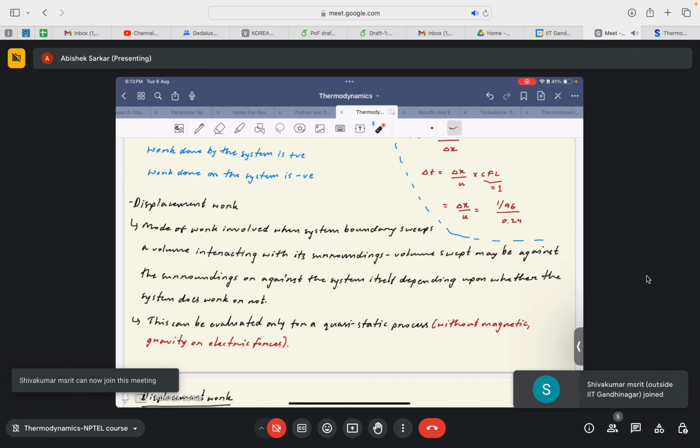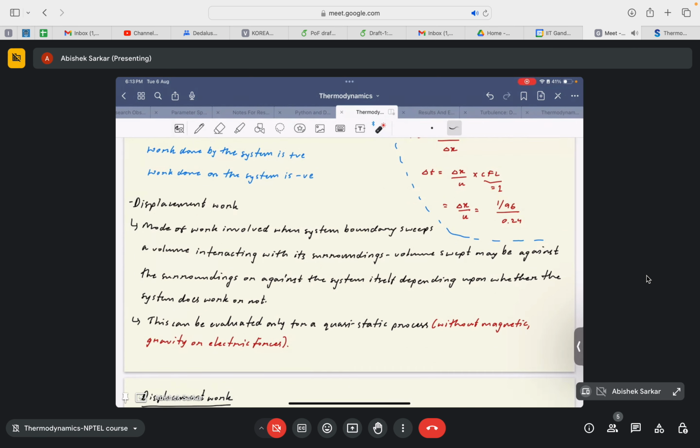So the first type of work interaction that we'll be discussing in today's session is the displacement work. Okay, so this mode of work is involved when a system boundary sweeps a volume interacting with its surrounding. Okay, and the volume swept may be against the surrounding or against the system itself, depending upon whether the system does work or not. So defining it more clearly, like if the volume is